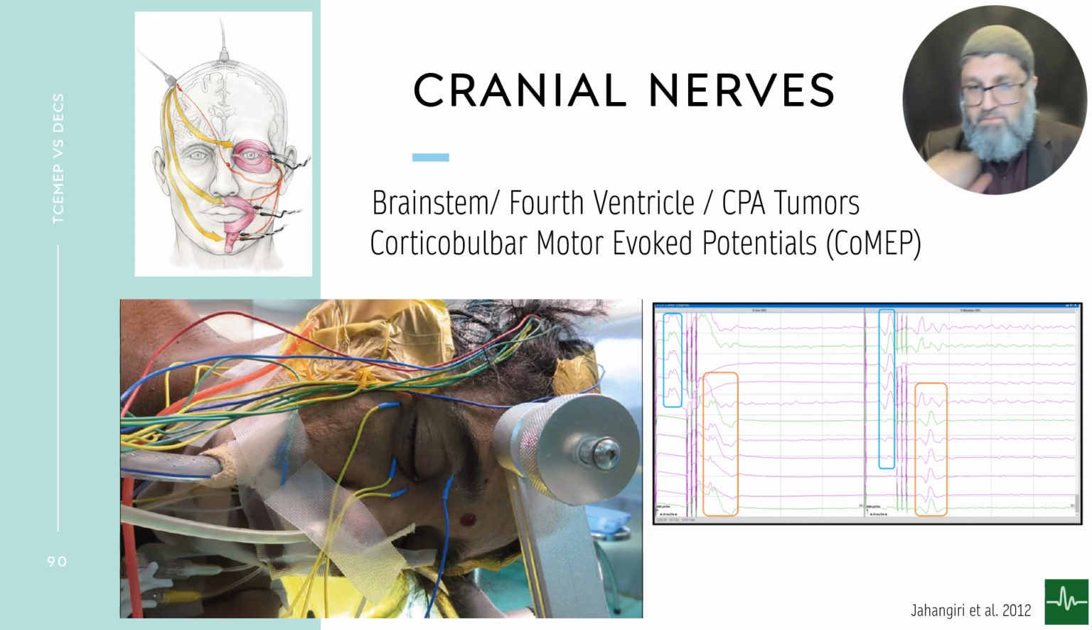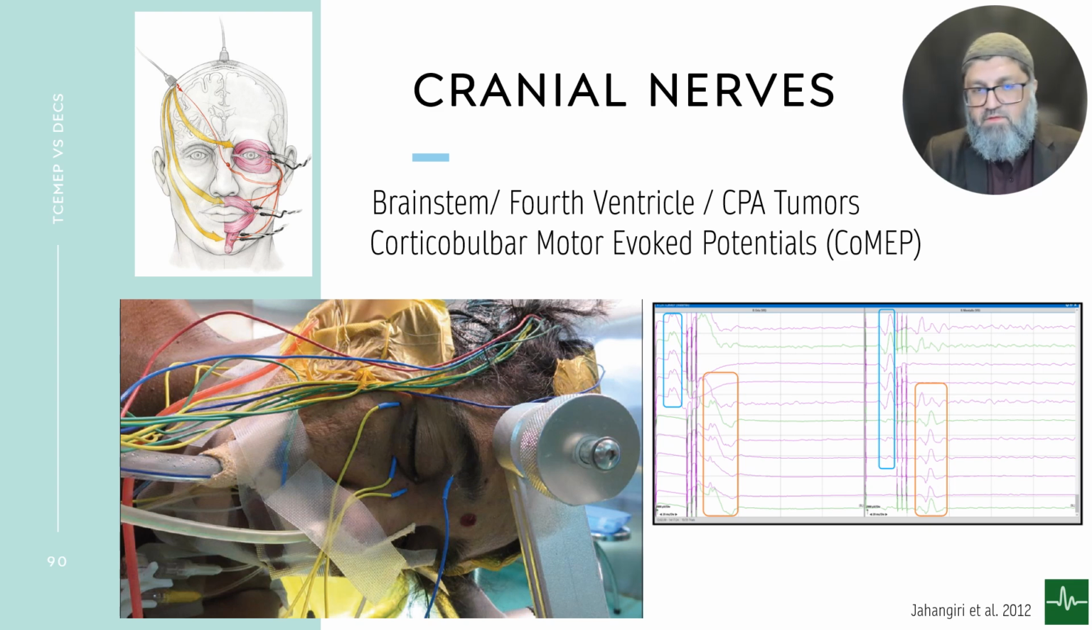Cranial nerves, so brainstem surgery, fourth ventricle tumor, CPA tumor, corticobulbar MEP. Corticobulbar MEP can be done transcranially, and if the brain is exposed, you can do direct cortical MEP. But most of these surgeries are CPA tumors where we don't have cortical exposure, so we do transcortical stimulation, but just one side at a time. So either you do left side stimulation or right side stimulation,